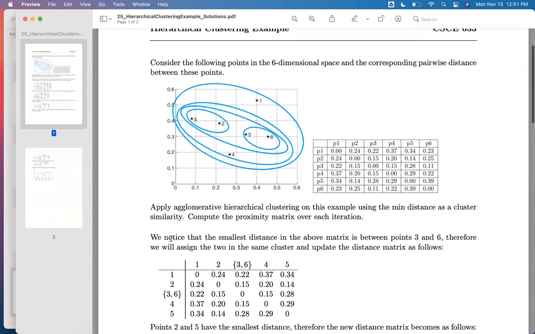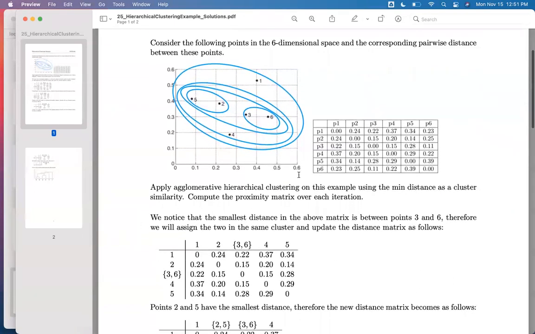We would like to apply an agglomerative hierarchical clustering using the minimum distance as a cluster similarity, which means that when we are at the point where we have subclusters, what we want to do is compute the minimum distance between the points of these subclusters. So based on this proximity matrix, the first thing here would be to see which is the element that has